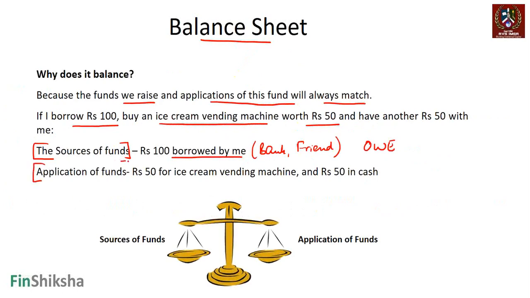Now you have applied this money somewhere. Where is that application? You have basically bought an ice cream vending machine. That's an asset you have created. This is what you own, correct? Similarly, there's another 50 that is lying in cash. That's another asset that you have. That's in your pocket, right? This is something that you own still. So the 100 that you borrowed, which is the source of funds, is going to be equal to 50, which is you have basically put in some future growth asset, plus whatever is left will be in the form of cash. There is no other use. You can either use the money or it will be in your pocket. There can't be any other equalities that come out of that, right?